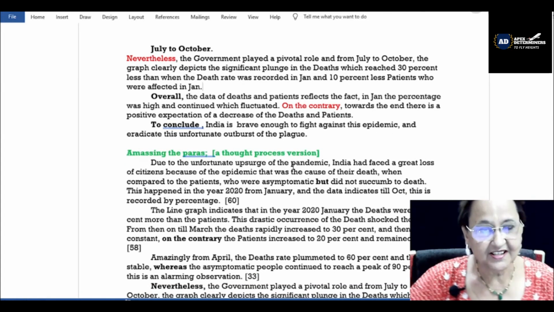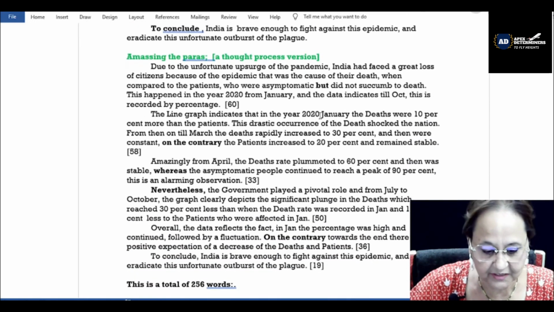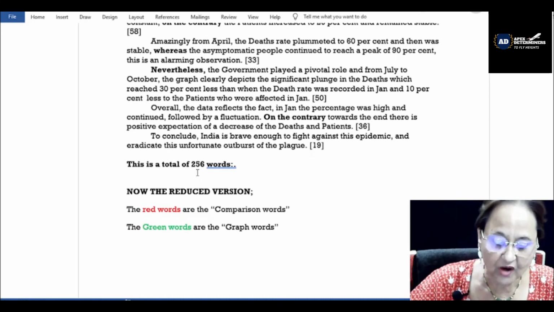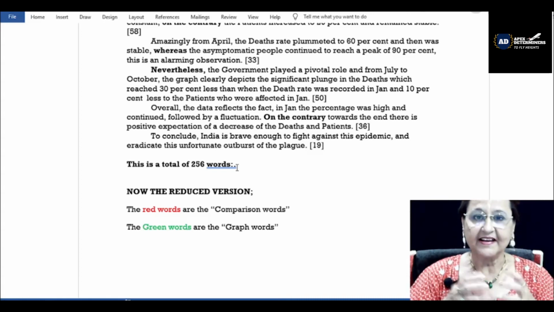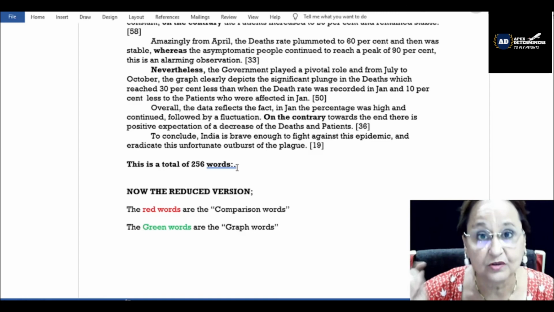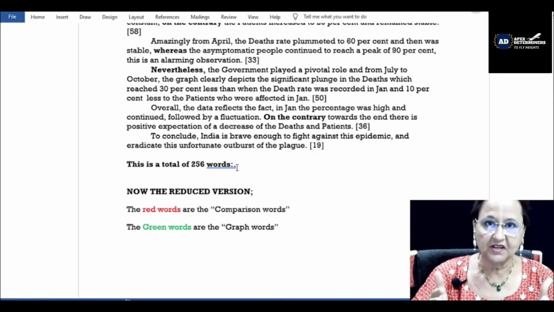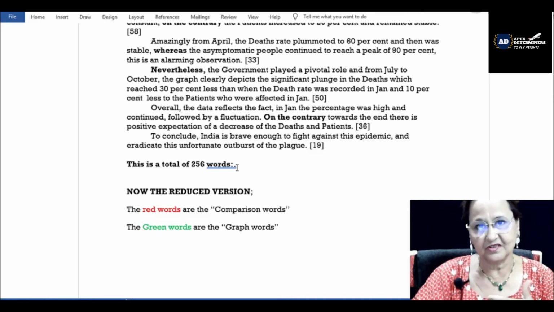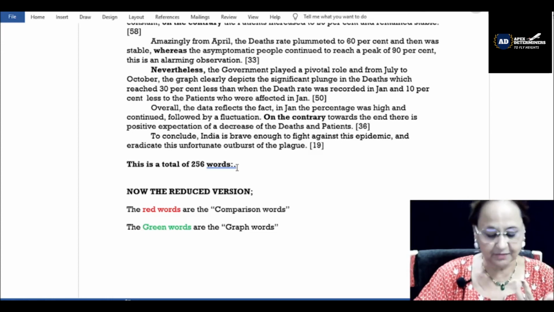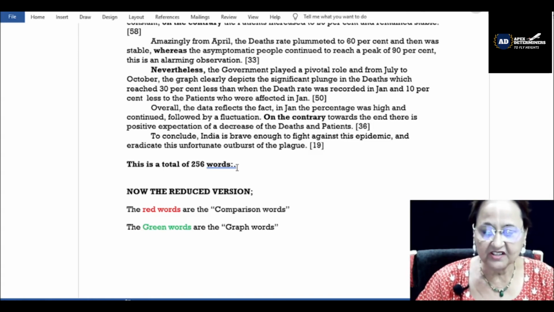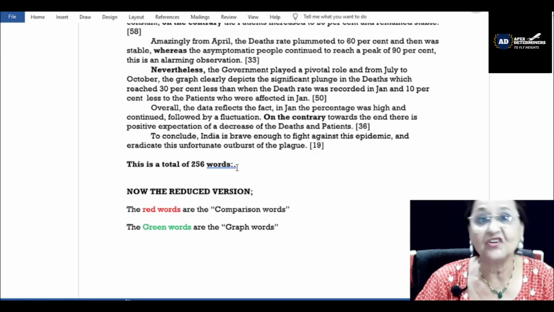Okay, now listen carefully. After you put whatever I have read just now, put it in one complete paragraph. You are getting 256 words. Now, this is what happens when you let your mind loose, but do it only when you're practicing. Because when you keep practicing and elaborating your thoughts, and after that, you should start deleting the overexpressed information, the repetitive expression, or information that is not required, which means information that is giving your opinion. Then you will realize, okay,